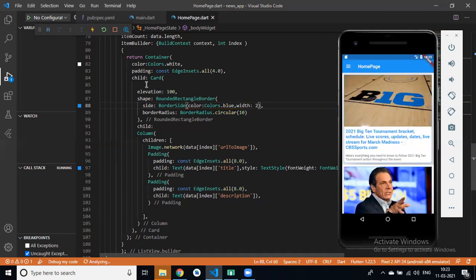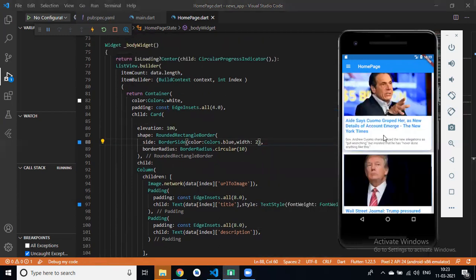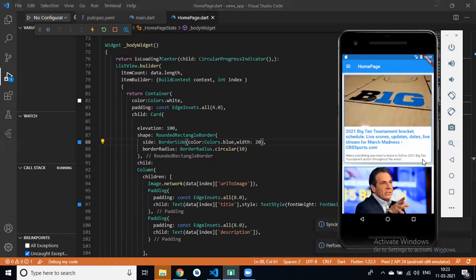If I set 2, can you see the border? If I give 20, then you can see it easily. Can you see this border?